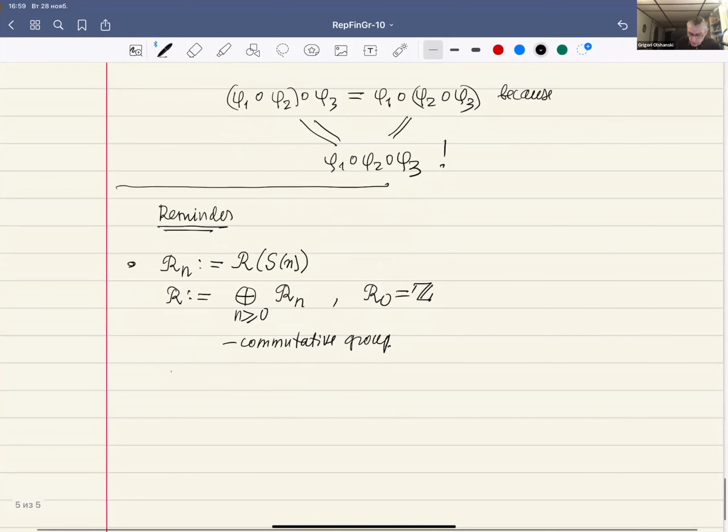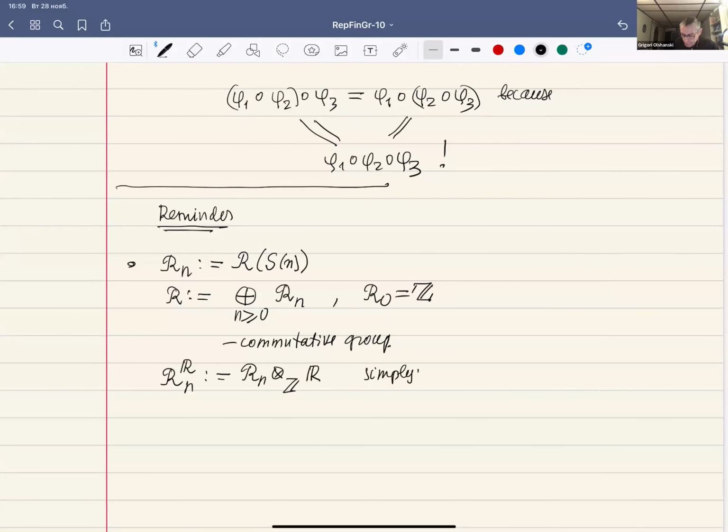And I also need this notation. It's not very good, but nevertheless, this is by definition the tensor product of Z with R. This is simply a space